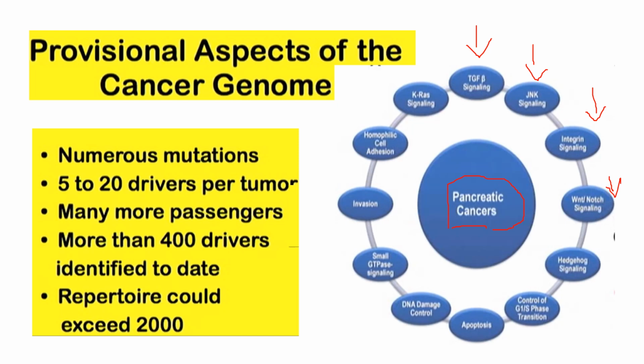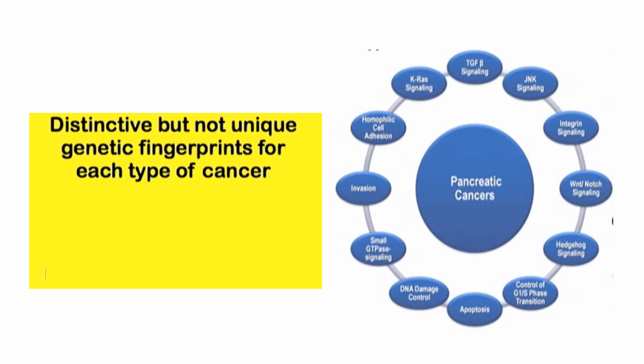Okay, so these are things that will keep changing. Maybe we will detect more and more over the years, but there will be a point where we will have a fixed number of mutations involving cancer, and then we can continue to just focus on the pathways. So why I wanted to talk about